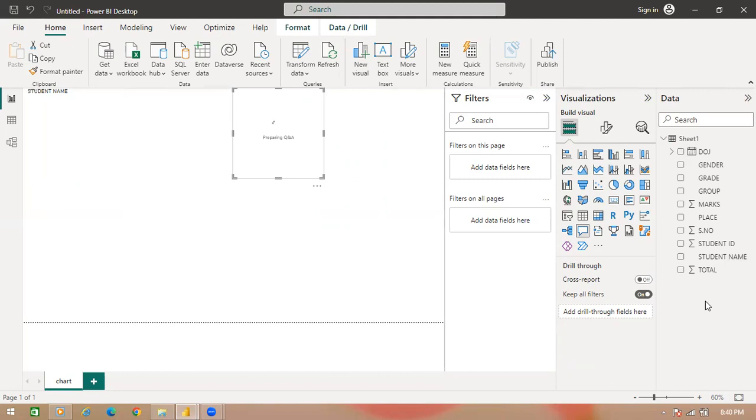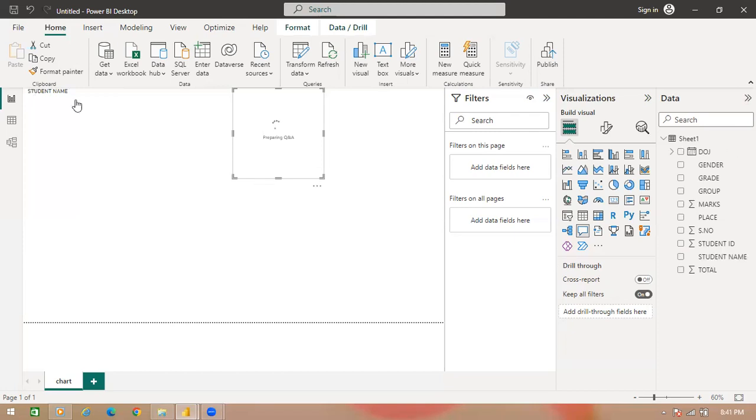If the data is not ready, you will click on Transform Data, and finally the data will be loaded into Power BI. Using the three panes on the right side of the Power BI desktop, like Visualizations, Fields pane and Filters pane, we will do the charts and the formatting of the charts. So now I have created one clustered column chart where I have taken the student name as x-axis, and after that